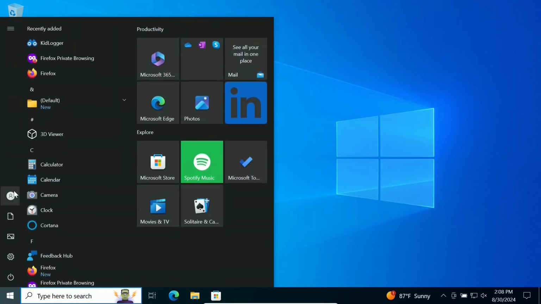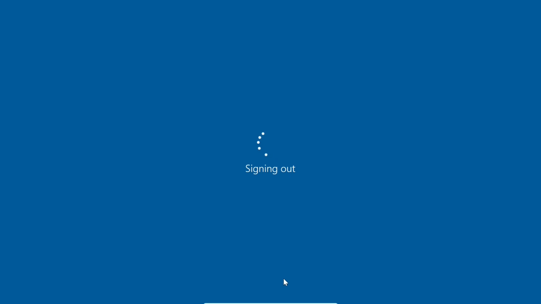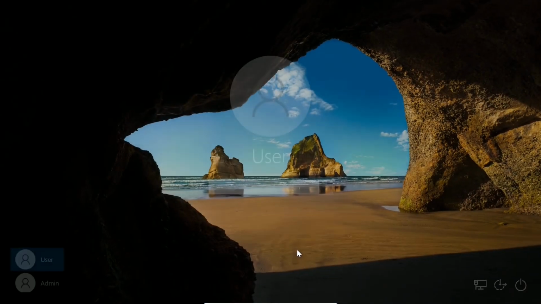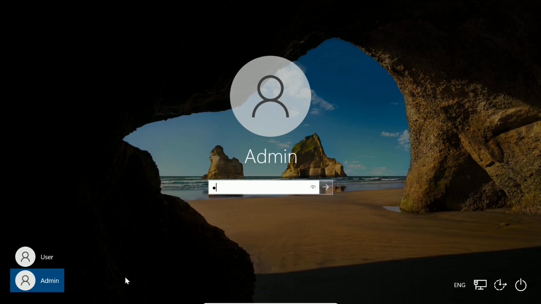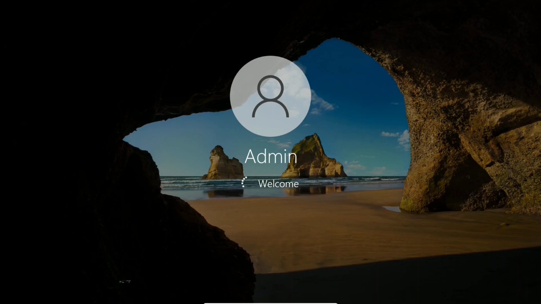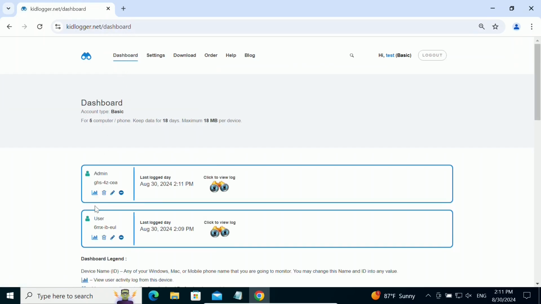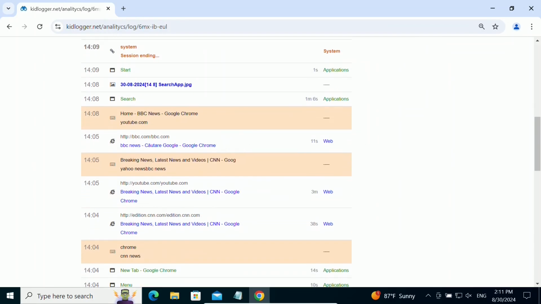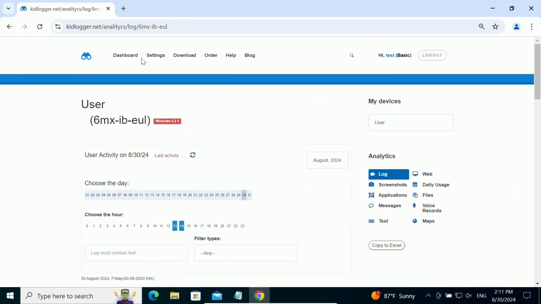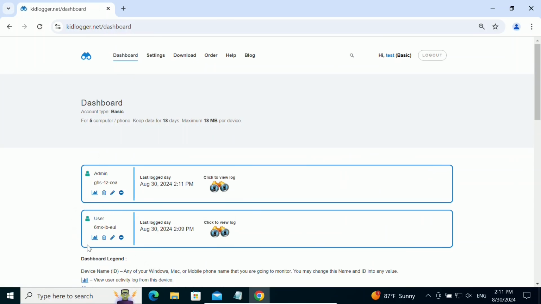Afterwards, log out and log back into admin's account. When you visit the Keylogger.net site, you will see a new virtual device representing the second user account. You can delete the first virtual device if you only want to monitor the second user.